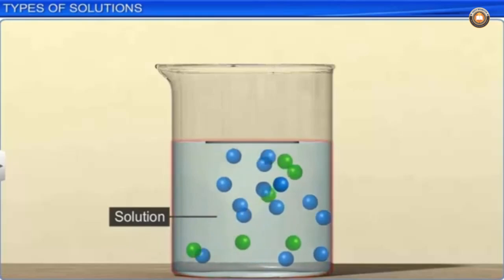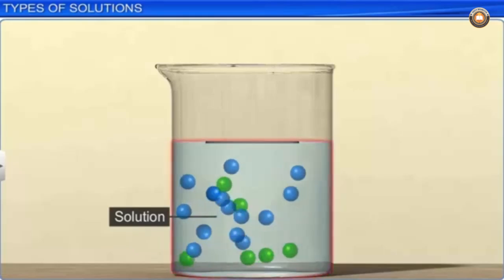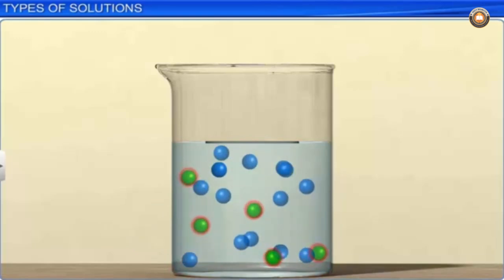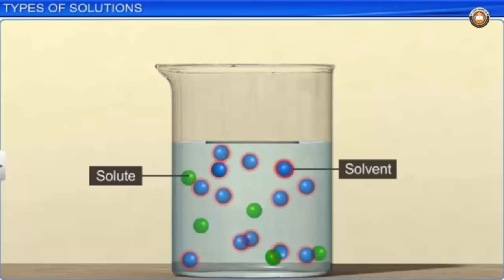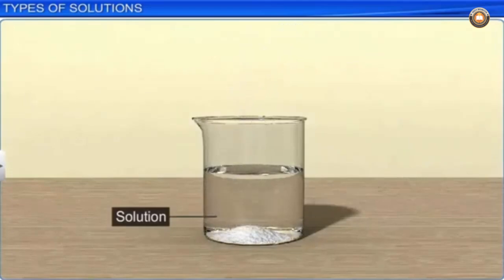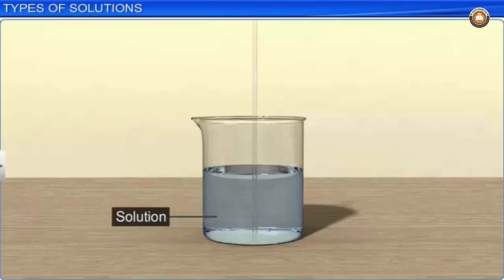In a solution, the component that is present in a smaller quantity is known as the solute or the dissolved substance. The component that is present in a larger quantity is known as the solvent or the dissolving substance. The solution has the same physical state as the solvent. A solution containing only one dissolved solute in a solvent is called a binary solution. Depending upon the physical state of the solvent, various types of solutions that can be formed are